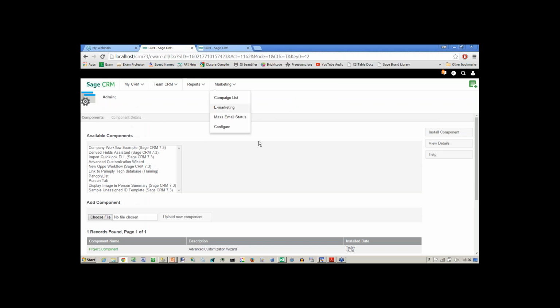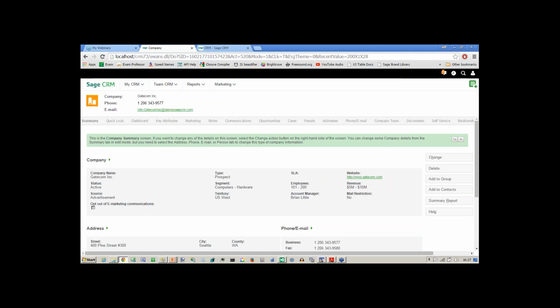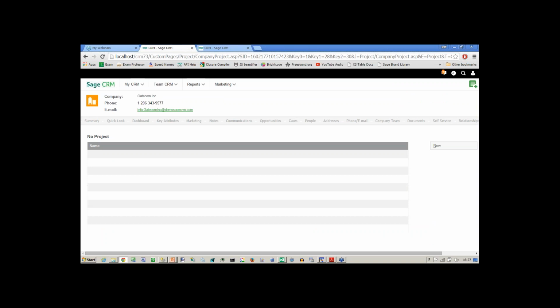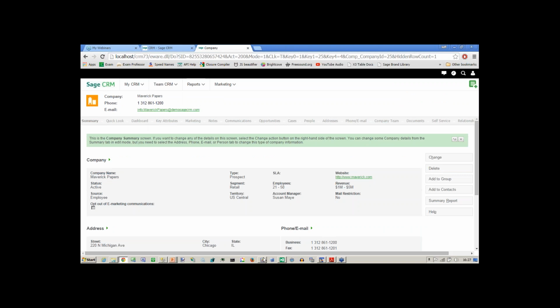and we should have now underneath the My CRM, you can see that there's a project option. If I go off to look at a company, you should see that in here that over on the right hand side in the context of the company I've got a project option as well. That's something that the system administrator can see. If I go into a company as a salesperson like Susan May,